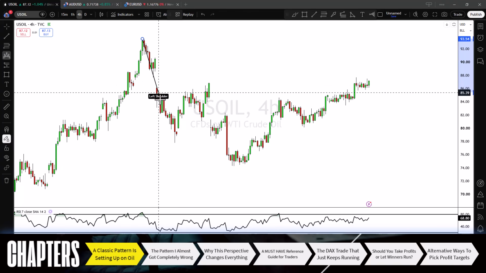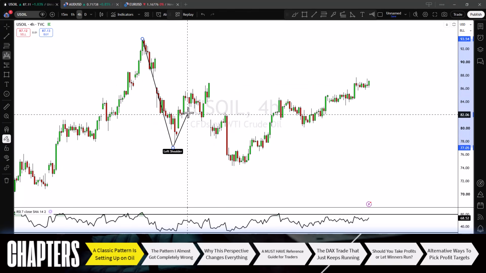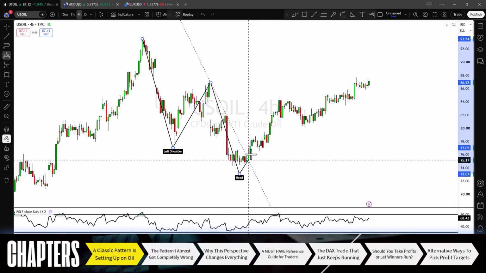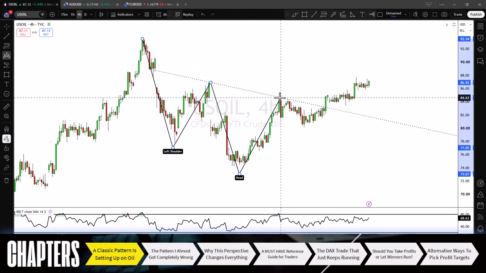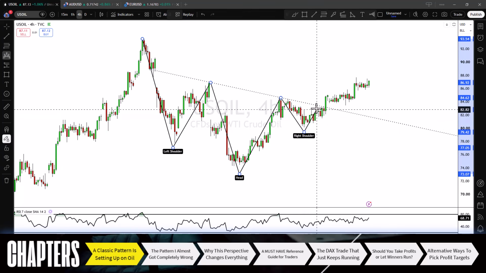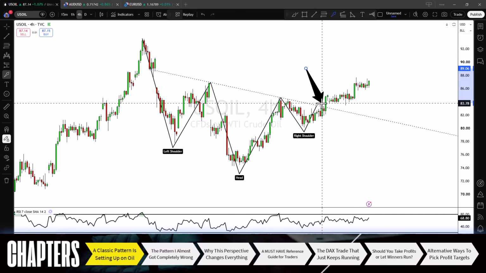But we have our directional move down right here. We have our first retracement right there. We have our short extension right there. We have our second retracement right here. We have our failed extension right there. And then we have our violation of the neckline either here, if you are trading a horizontal neckline, or get